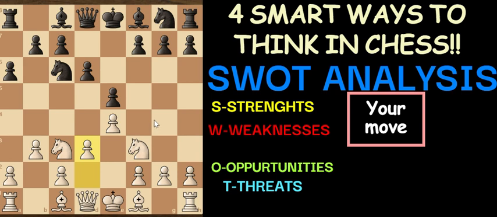Now here we look towards the second point, that is W for weaknesses. Now you can see in this move you played, what are the weaknesses that can be in this position. So how can you look towards the weaknesses? All right, now let us say you take back, when you play d3 in this position,